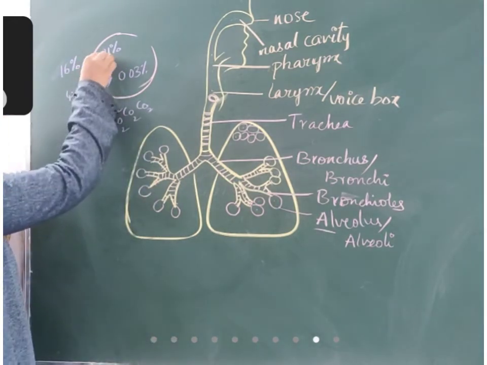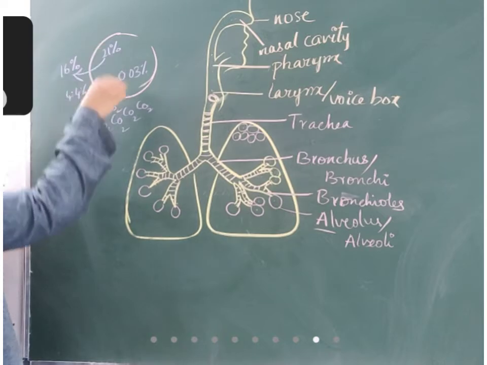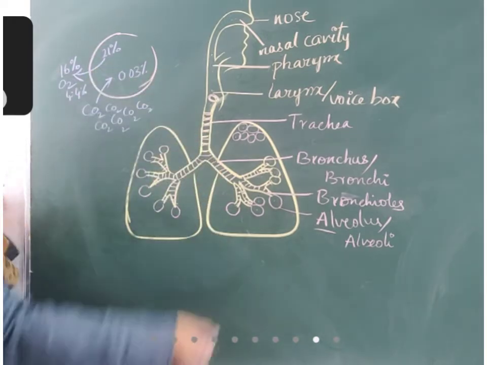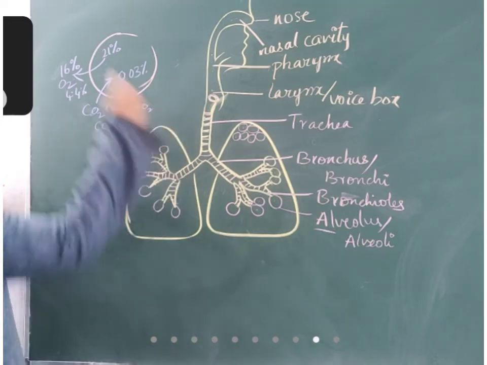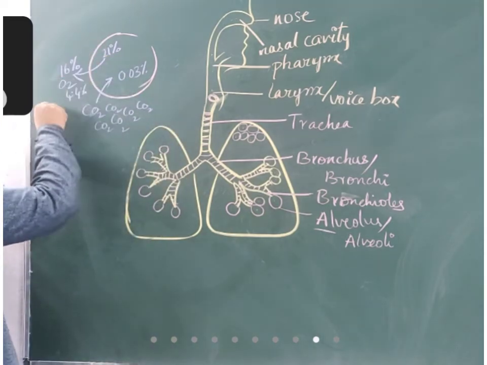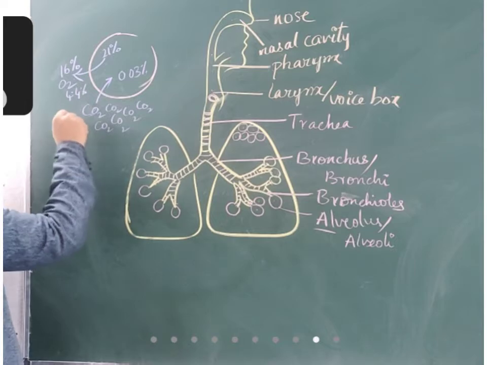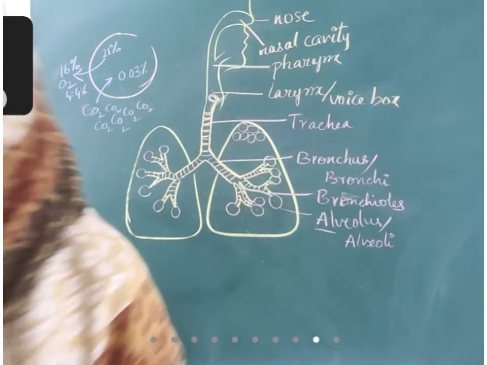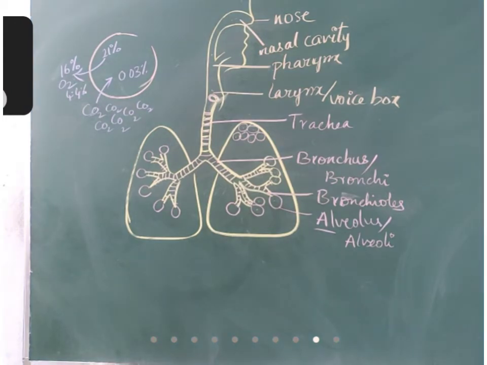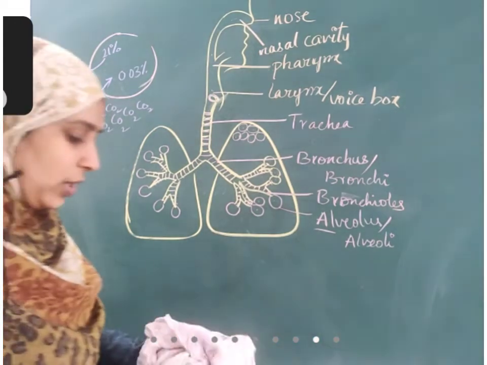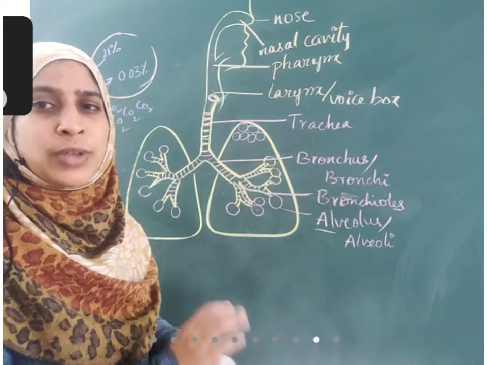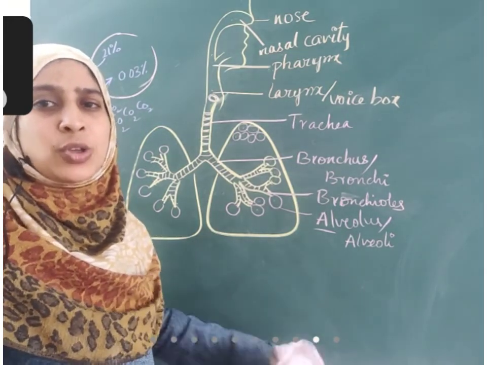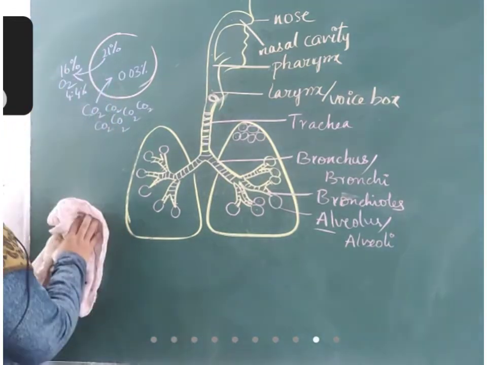So as a result, oxygen tries to go inside, and carbon dioxide tries to come outside. Okay, that means oxygen enters from the alveoli into our body, and carbon dioxide comes from our body into the alveoli. Okay, the only thing is because of concentration difference. So when air enters into our body, it's normal air that is full of all the gases. But the decision is taken because of concentration difference.